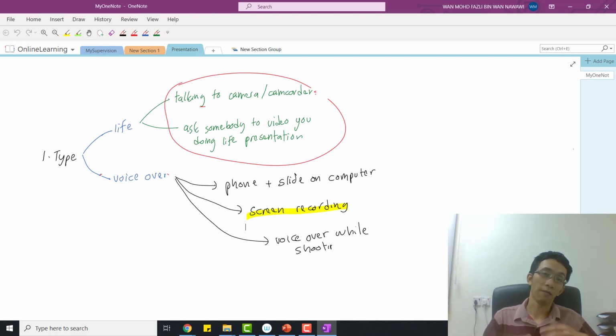But remember, for this FYP, you need to submit a recorded slide presentation. So you need to have slides there. And for that purpose, I believe screen recording is the most convenient and the easiest. Why? Because everyone has PowerPoint, and PowerPoint has the capability to record your audio and also record your video, the